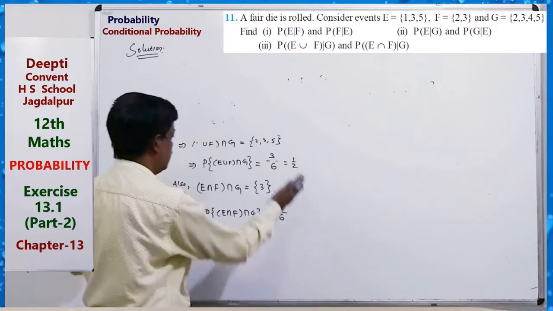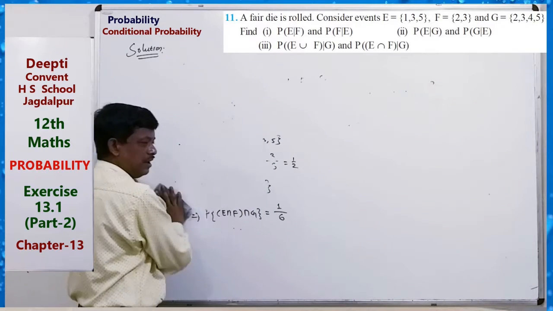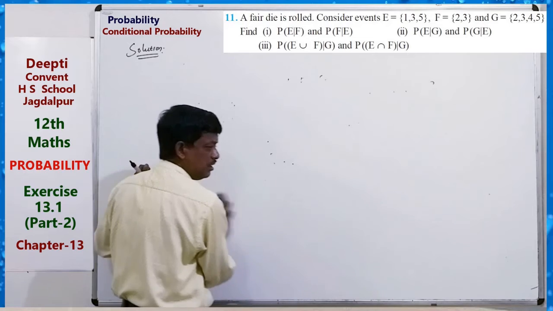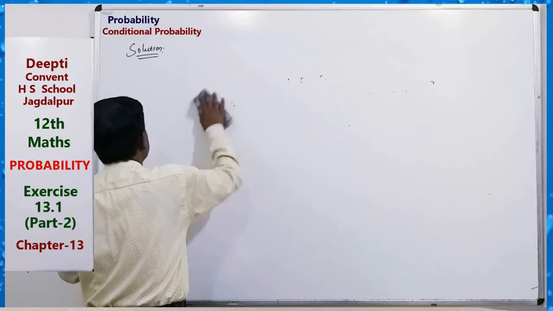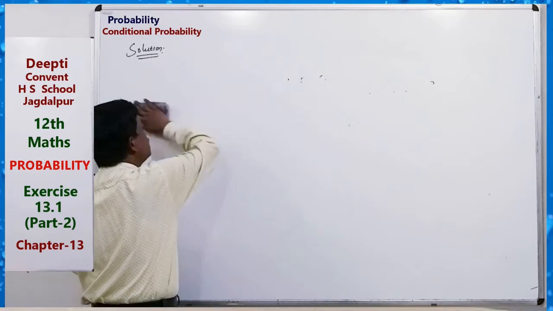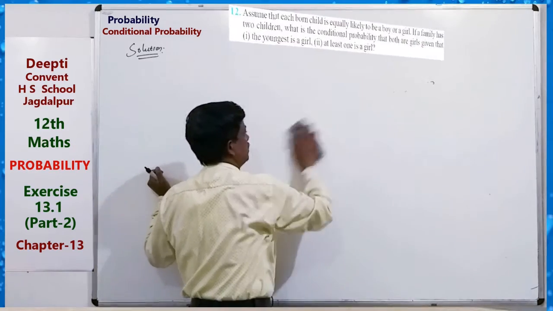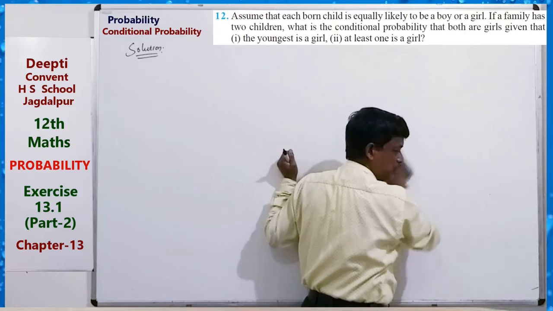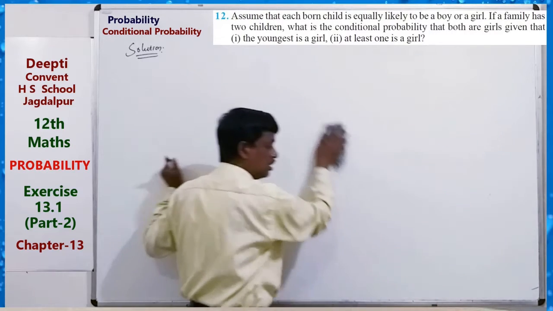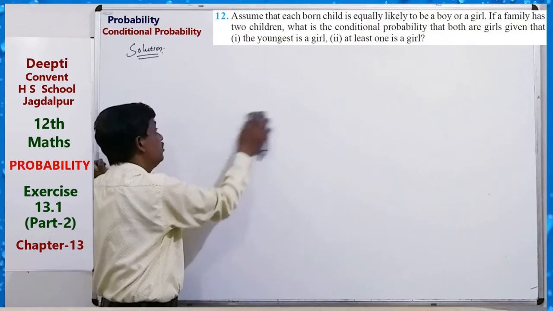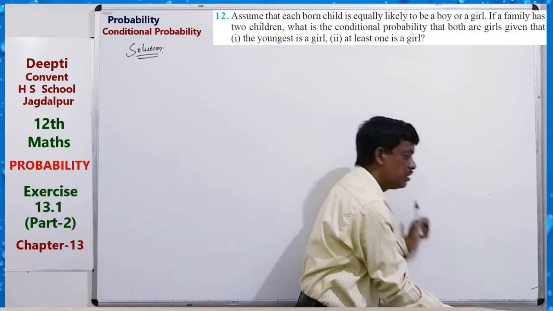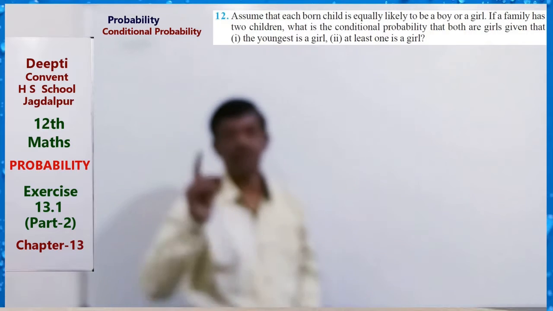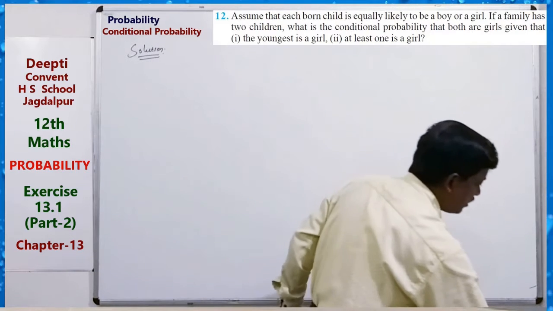And if a family has 2 children, what is the conditional probability that both are girls, given that the youngest is a girl, and second, that at least one is a girl? So here, just